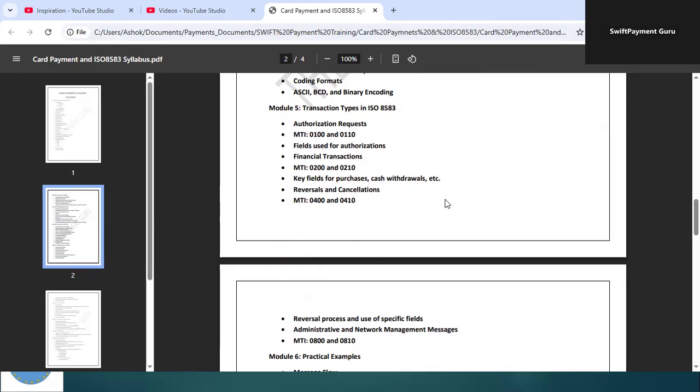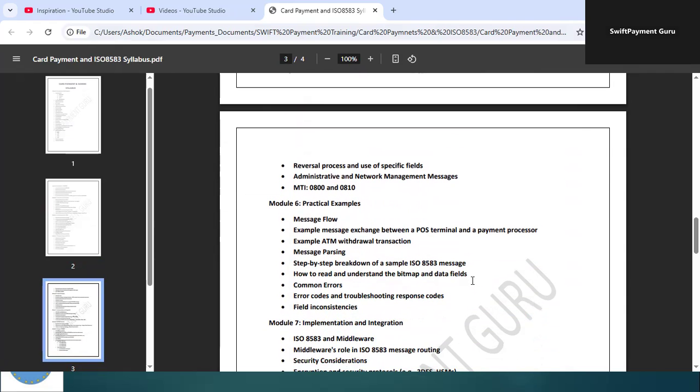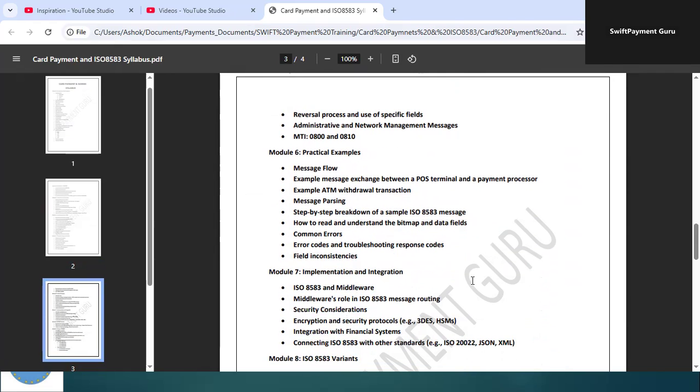We'll understand all these key fields: purchases, cash withdrawals, etc. Reversals and cancellations again, which includes MTI 0400 and 0410, the reversal process and use-specific fields, and administrative and network management messages, including MTI 0800 and 0810. Then practical examples, message flows, an example message exchange between a POS terminal and payment processor, an example ATM withdrawal transaction, and message parsing, a step-by-step